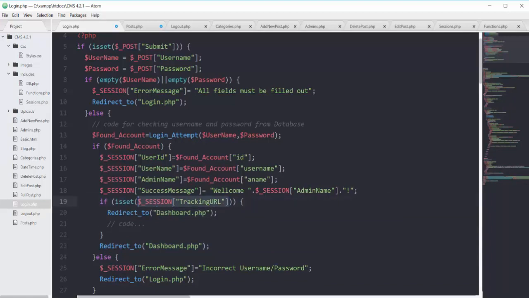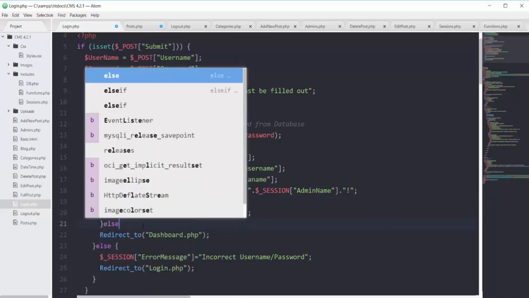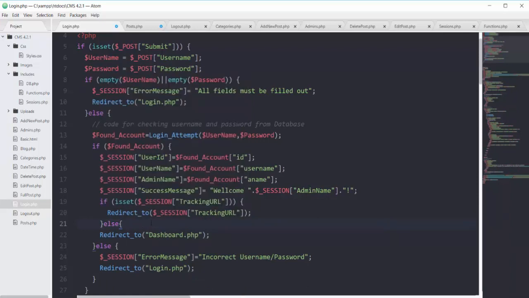So I can put it here, and then I can wrap up the dashboard redirection in the else block.